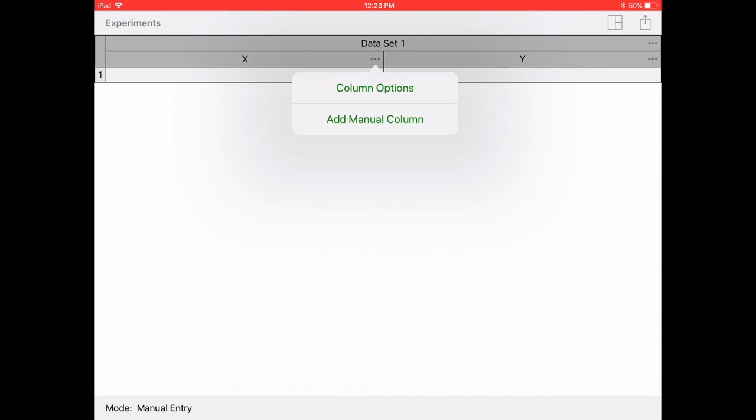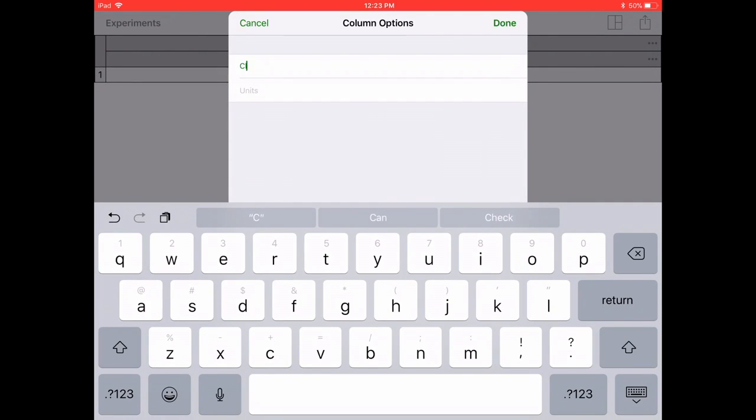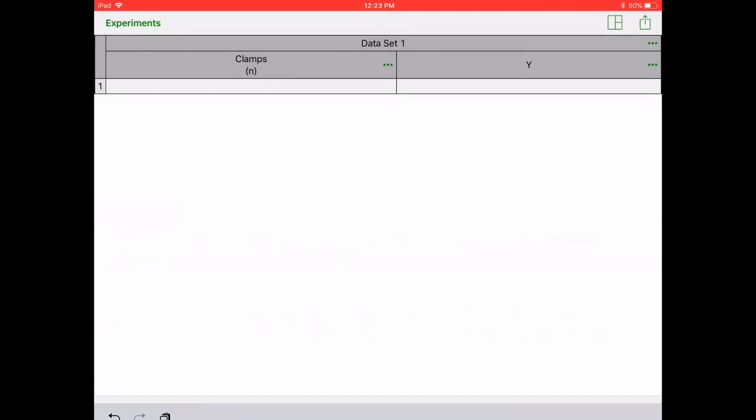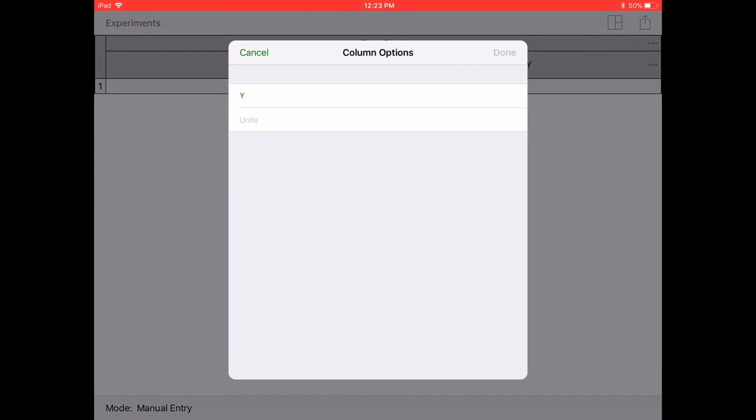I'm going to start with the X and click Column Options. Here's how we rename. So I'm going to change my X to clamps because that's going to go on the horizontal axis, and the units are N. Those are just counting numbers. And when I'm done, click Done. And you'll see it's applied that both to the column heading, and it will be on the graph as well on the horizontal axis. So I'm going to repeat the process for the vertical column,